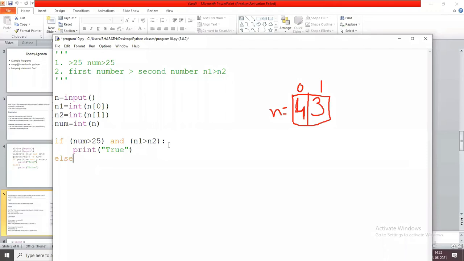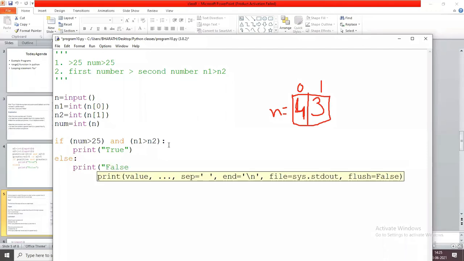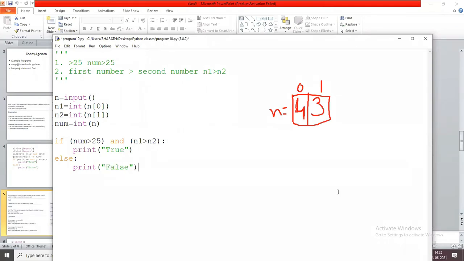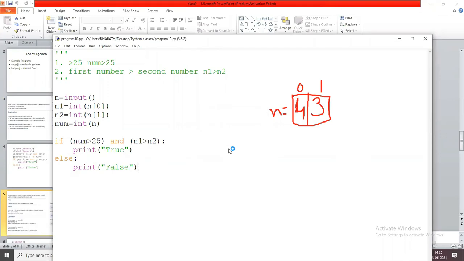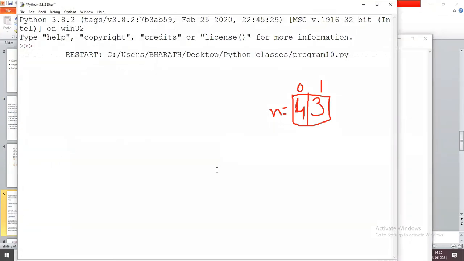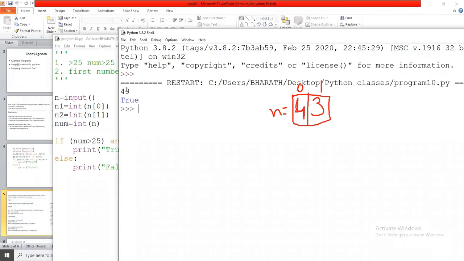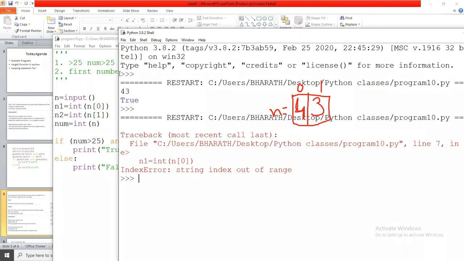In all remaining cases, you are going to print false. That's it. Now we execute this program. First we give the number 43. It prints true. Why? It is greater than 25 and 4 is greater than 3. Now we execute one more time.